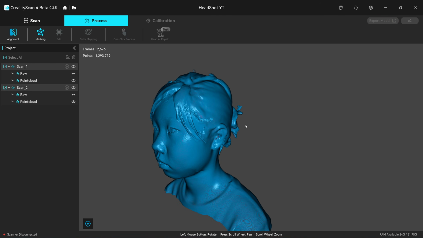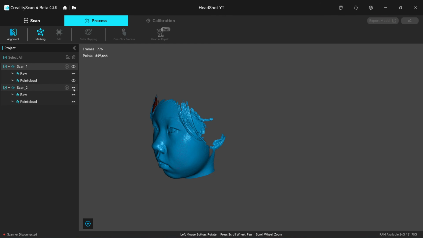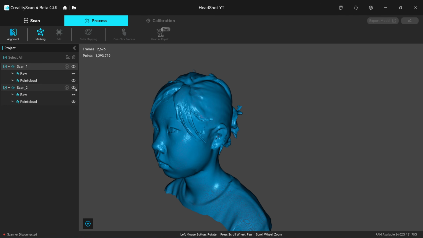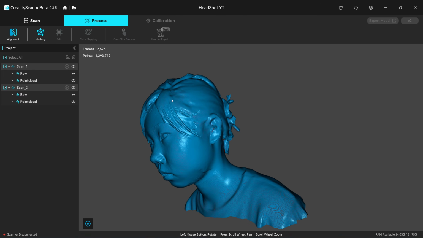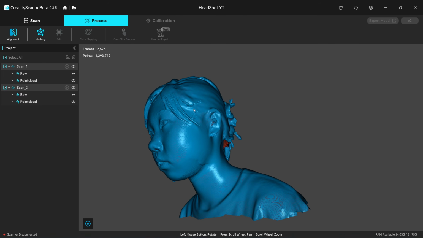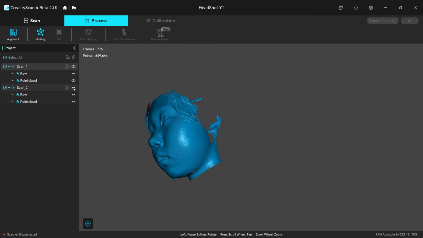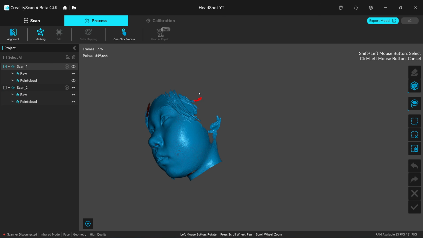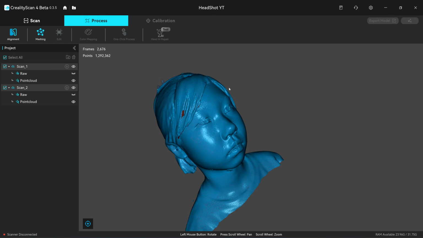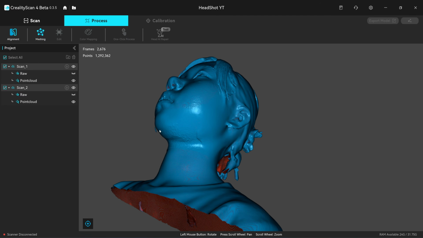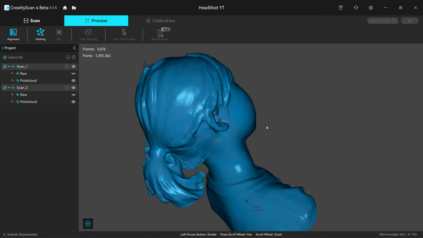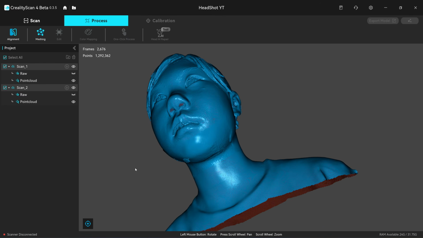In this new version of the software, they allow you to turn off individual aligned point clouds, so you can still delete each point cloud that you want to. But in this case, I will delete this. This clump of hair will be difficult for printing, so I will turn off the body and delete this clump of hair. Click on the check mark. Even after you align them, you can still delete individual parts of the point cloud. If you have an isolated part here that could be difficult to select and remove,